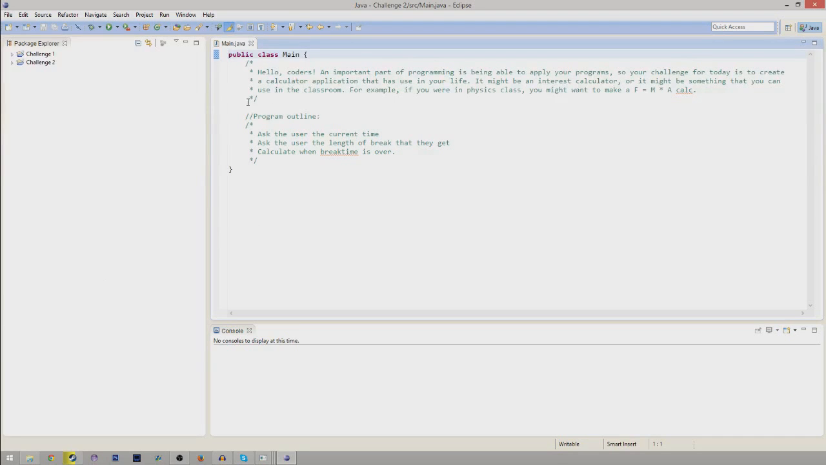So today we are doing a calculator type thing, but not a conventional calculator, something a little bit more useful in your everyday life. So I will read the challenge right now. Hello coders, an important part of programming is being able to apply your programs. So your challenge today is to create a calculator application that has use in your life. It might be an interest calculator, or it might be something that you can use in the classroom. For example, if you were in a physics class, you might want to make an F equals M times A